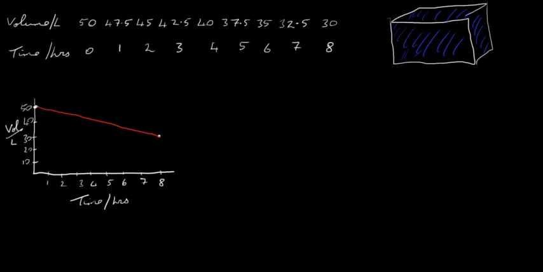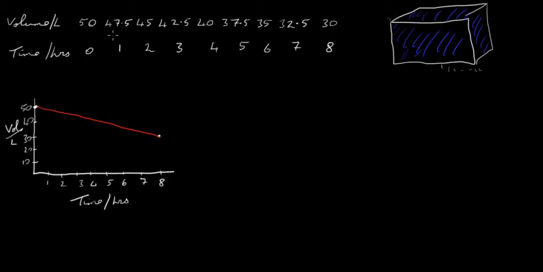Okay, so in this video we're going to look at linear patterns, and we're going to look at a practical example of linear patterns. We're going to look at a tank of water. It has a capacity of 50 litres and it's leaking, so we have water leaking out here somewhere. So initially at time zero it has a capacity of 50 litres, and each hour then it loses so much